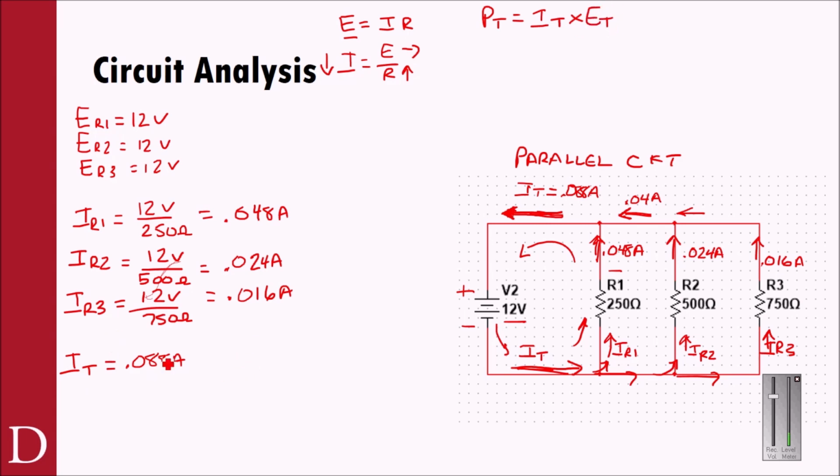So the total power, P of T, equals IT times ET, which would be 0.088 amps times our total voltage, which is our source voltage, 12 volts. So I multiply this by 12, and I get